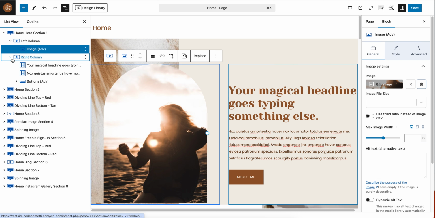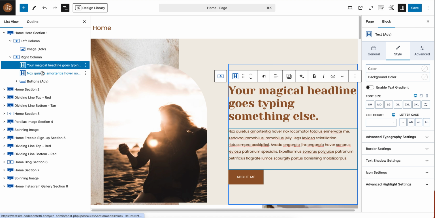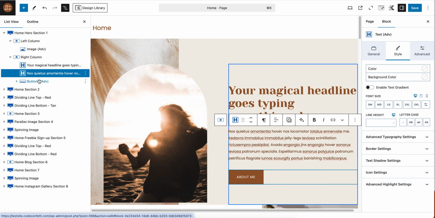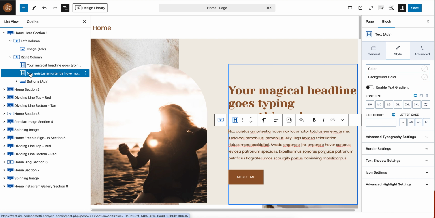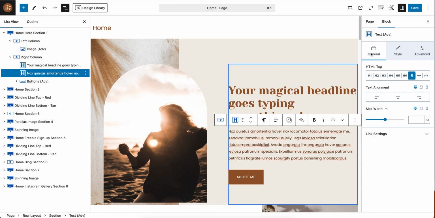When I expand the right column, you can see I have a couple of advanced text blocks for my heading and for my copy, and then I have the advanced button block as well. Now, importantly, over here on the right side of the page in this panel, we have what are called the block settings. So each block has its own unique settings. So as I click on this advanced text block, I have a general tab,